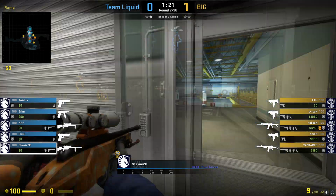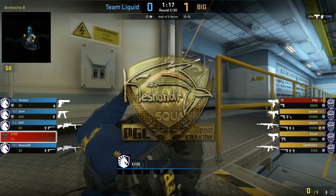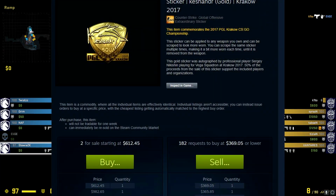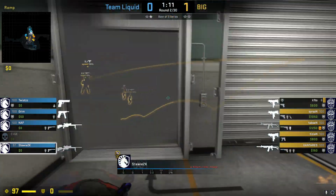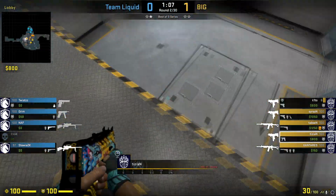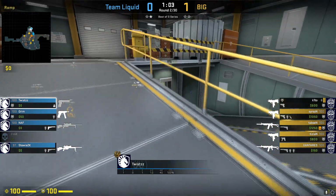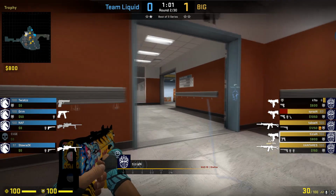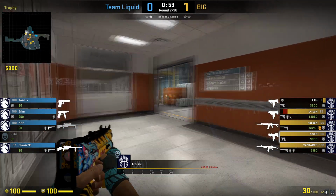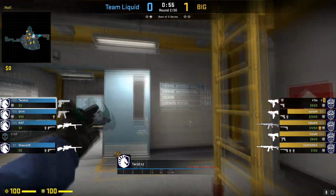Stickers with unique designs, such as the Kaskader Gold, are also really sought after, currently sitting at over $600 on the Steam market, while they started out merely around $10 or less at the beginning of the major. So just another thing to keep an eye out for. Good looking gold stickers and gold stickers of players that you know or are really popular or just good at the game. All major items are really good investment options, honestly, but gold stickers are definitely an underappreciated one